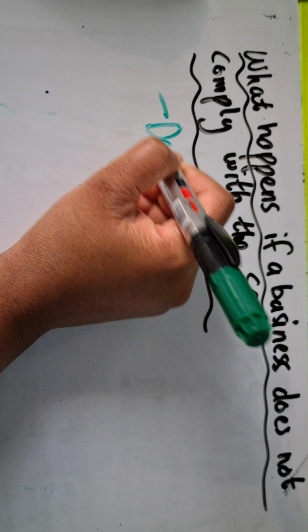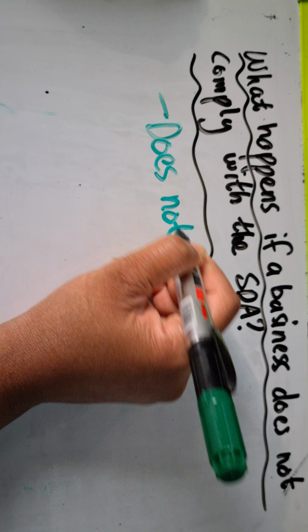Let's first look at some of the ways that a business won't comply or does not comply with the SDA. So if a business does not pay levies,